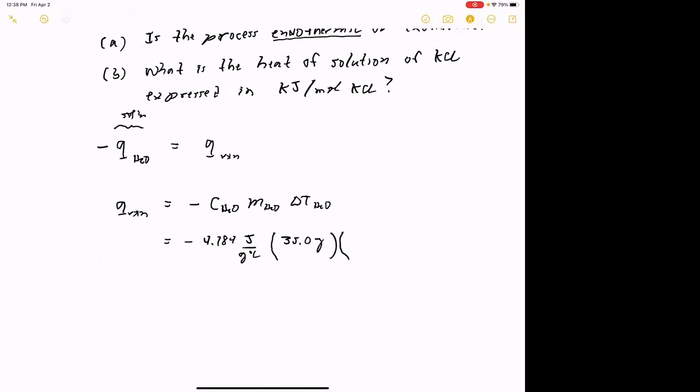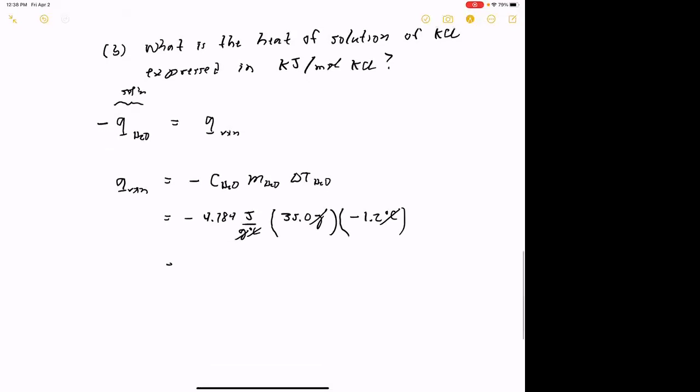And then what's the delta T? Well, it's the T final minus the T initial. And since the water is actually getting cooler, that turns out to be a negative value of 1.2 degrees Celsius. Okay, so look what happens here. The negatives cancel each other out, which is what you'd expect to happen because I need to get a positive Q out of this thing. The degrees Celsius cancel. I'm left with joules, which is heat. That's what I need. So I get 175.728